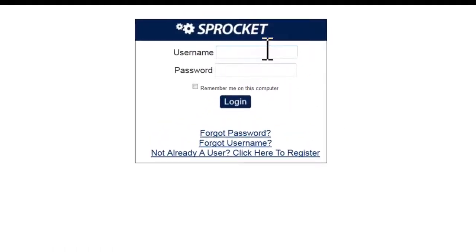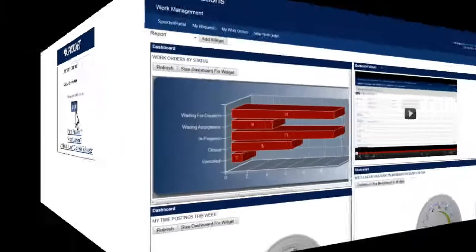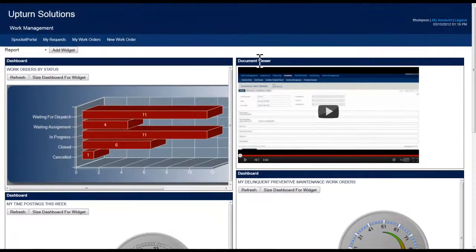Troy Thompson is a technician at a manufacturing plant and uses Sprocket on a daily basis to manage his daily workload. When Troy Thompson logs into Sprocket, he is immediately directed to the Sprocket portal page. The Sprocket portal page is a home page that is customized by each individual user by adding various types of